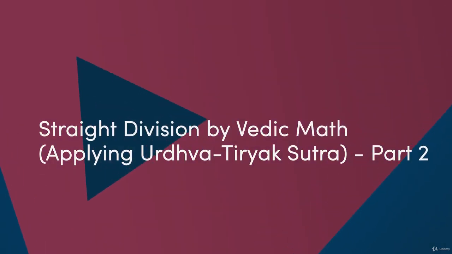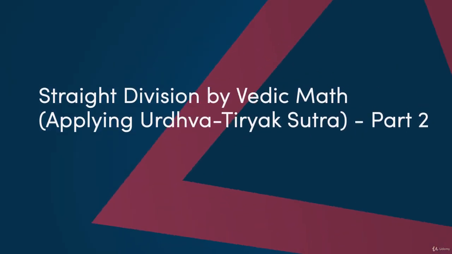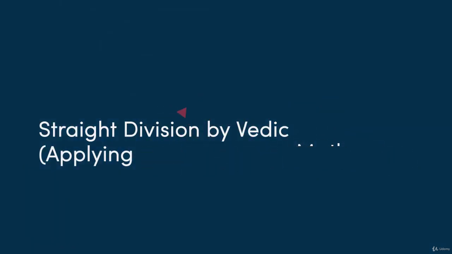In this lecture also we will continue with the straight division method. Here we have to divide 529 by 23. First of all, we will write the dividend over here like this. Now the divisor is 23, so the base digit is 2 and the flag digit is 3. Because the flag digit is a one-digit number, we will separate one digit from the last, like this.